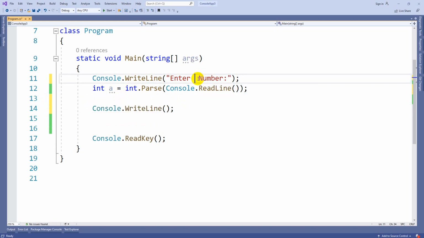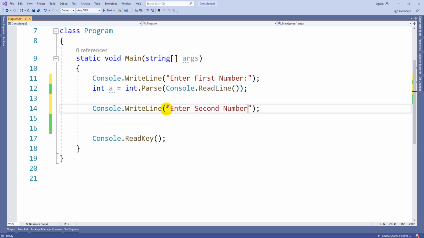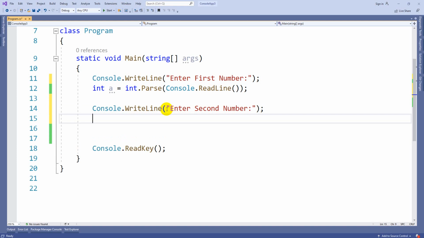So here let's do an addition operation. Enter first number, enter second number. So int b equal to. Instead of using the int dot Parse method, there is a class which can convert from any string format to the respective formats. There is a class called Convert.